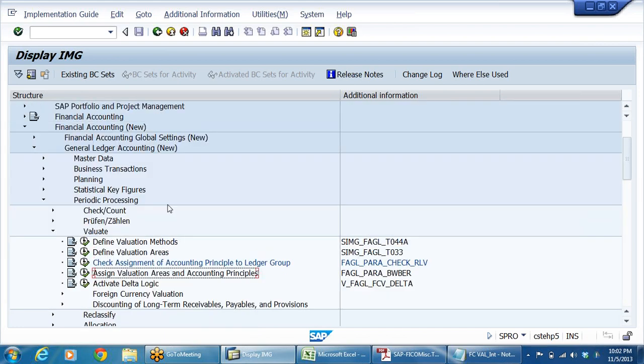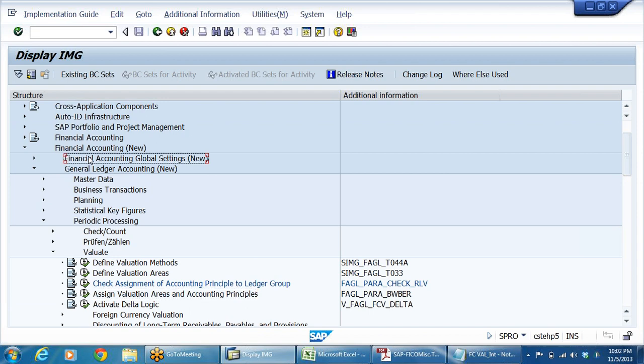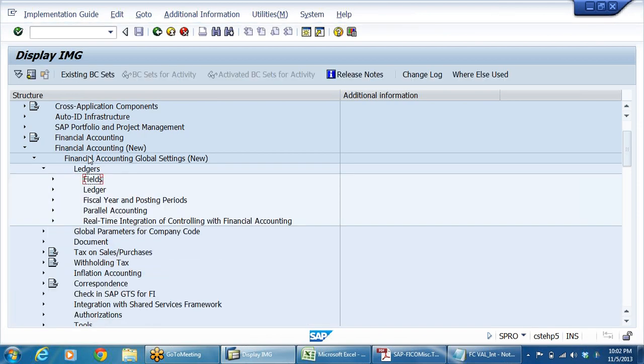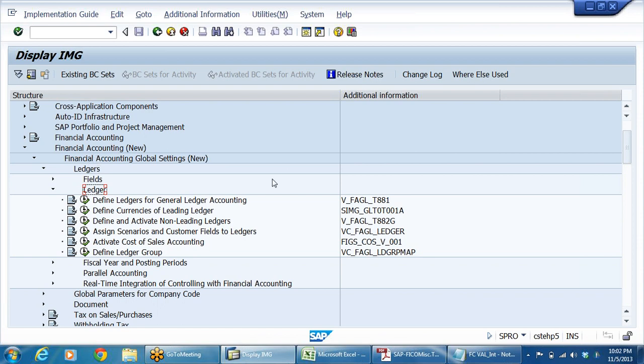And here I'll tell you one thing. In financial area, the financial accounting, ledgers, define ledger for the general ledger accounting. One thing I need to tell you here, that is nothing but, see here,